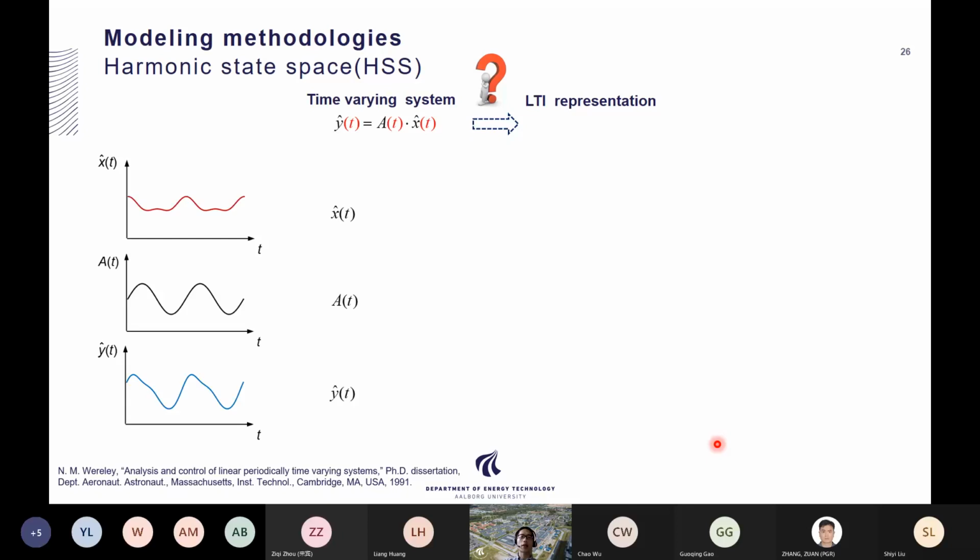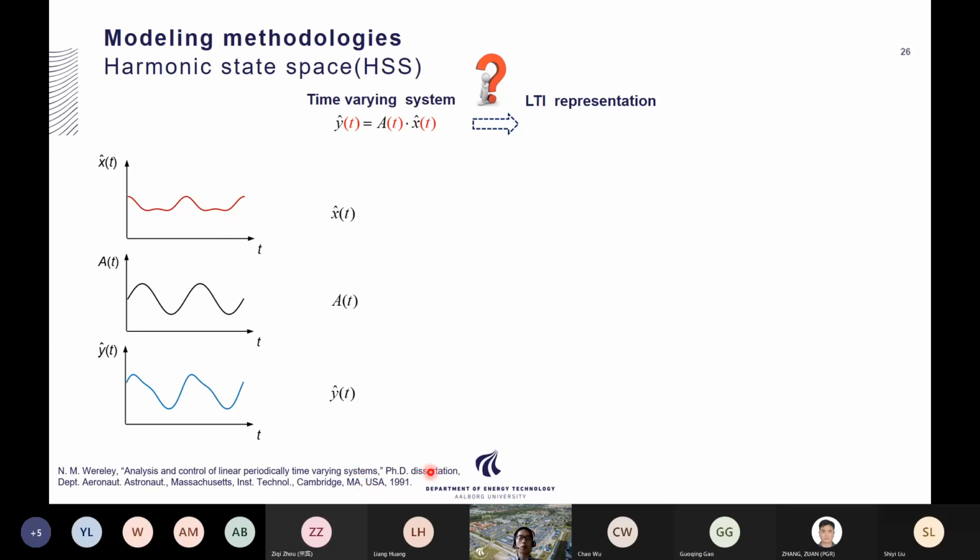So the basic thing is that for the MMCs, each state variable is not a DC value, but has multiple frequency components. So the question here is how can we get the linearized model based on this system dynamics without any DC component? Because we know that if we have the DC component, we can easily do the linearization on top of that. That is very standard in the textbook. But the case here is that we do not have any DC component, but rather each state variable has multiple frequency components. The solution is that we use the methodology called the harmonic state